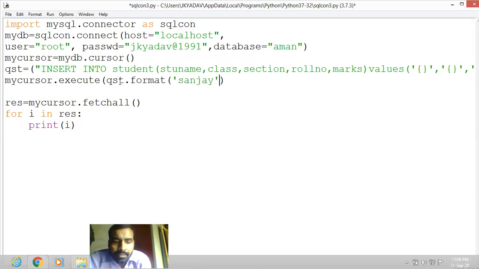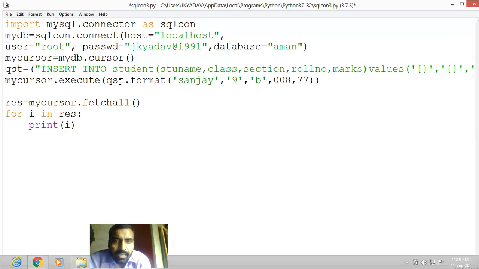Okay. Comma class, suppose class is 9, comma section, suppose section is B, comma roll number, suppose 004, or let us give 8, so that it may not match, it should be different. Then marks, suppose marks is 77.